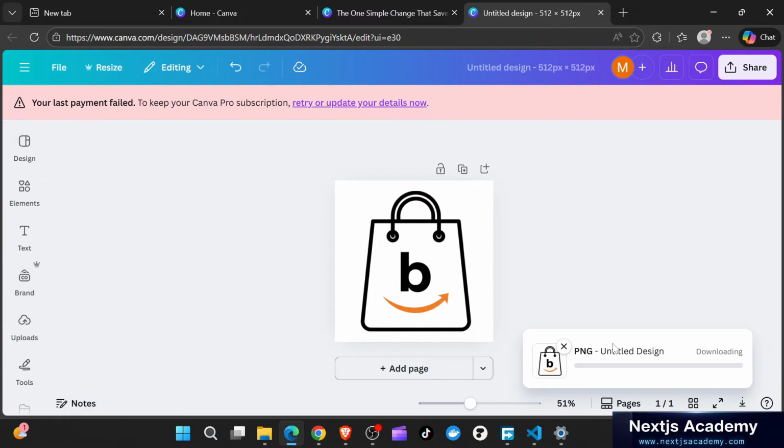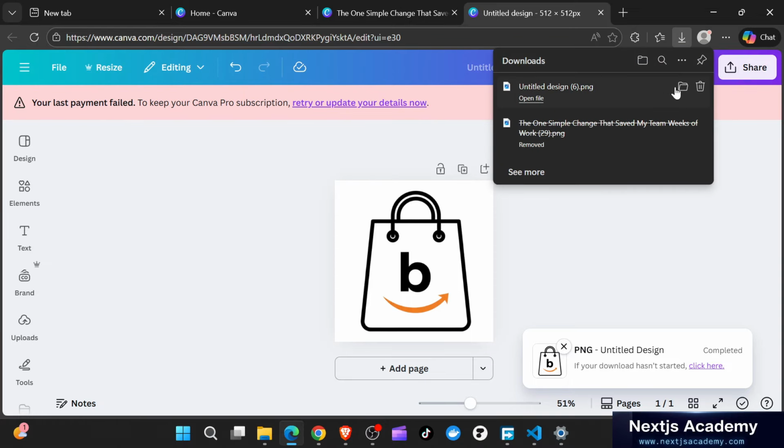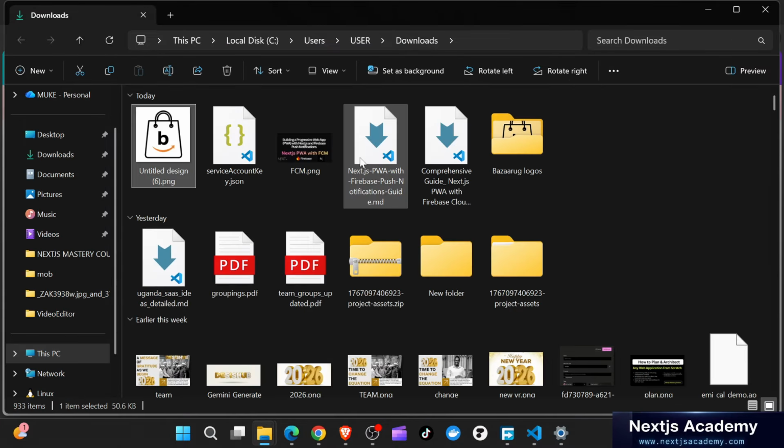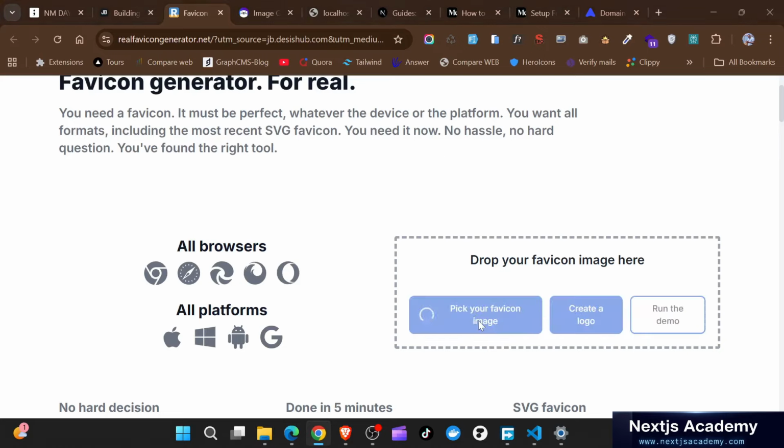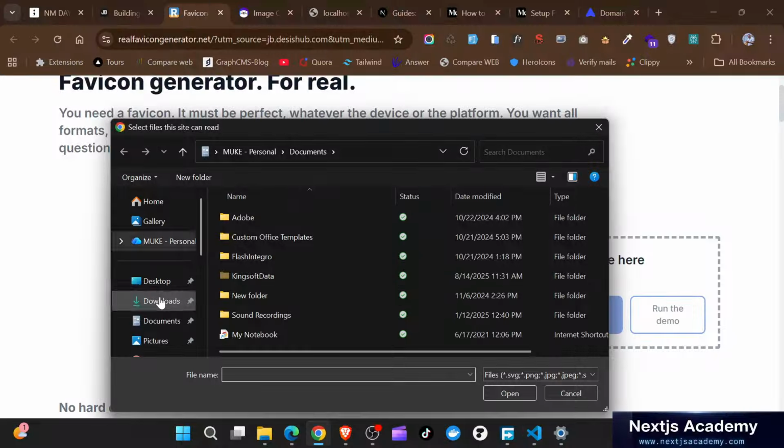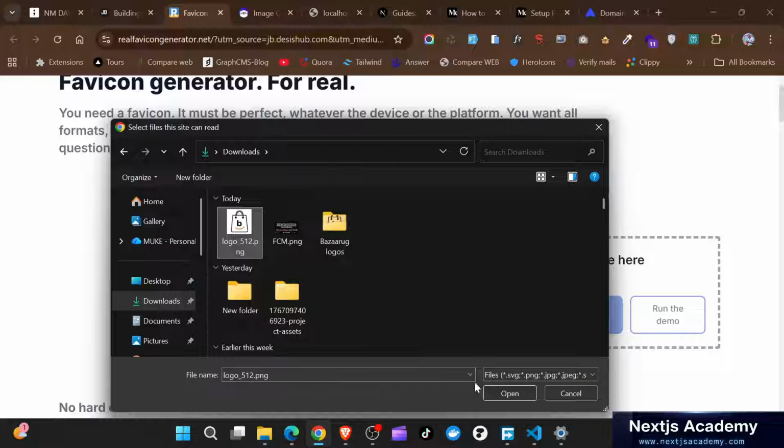It is going to be 512 by 512. I'm just going to name it logo underscore 512. I'm just going to go ahead and now bring this one here. So pick favicon in the download, add this, and